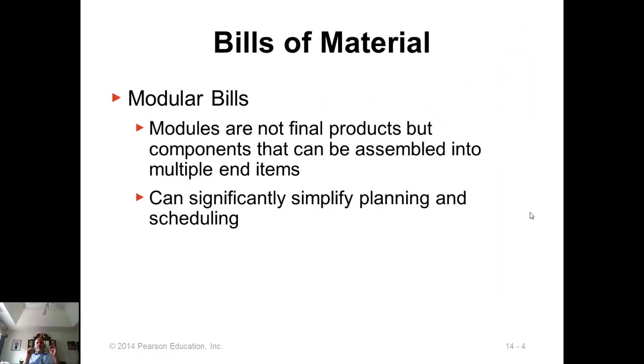And there are some special kinds of bill of materials that sometimes we use, and these are more theoretical concepts. So there is one called modular bill of materials. The modular bill of materials are not for the final product. A few minutes ago we talked about assemble to order in the master production schedule. In assemble to order, our master production schedule is going to be for the modules, not for the final product. So since the master production schedule is for the modules, the bill of material for the modules are called modular bill of materials.